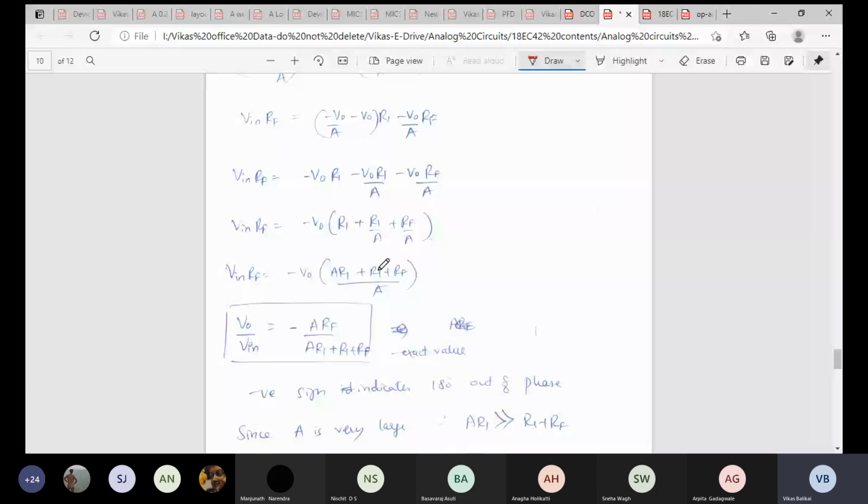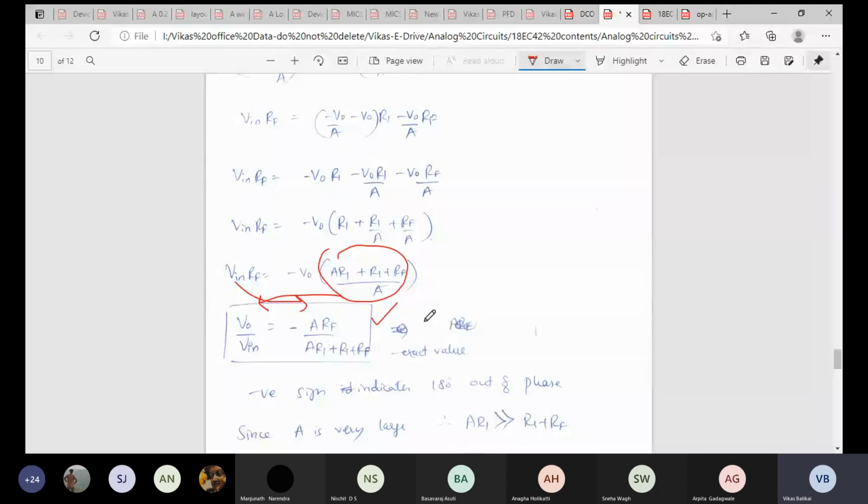If I want to obtain the gain, what is the gain? Output by input. Here is my V naught, here is my V in. So I'll bring V in down, and I'll bring this entire term down to RF, multiplied with RF. It's a simple simplification. I'm pushing A towards the LHS, and I'm bringing the numerator term which was present in the RHS down to the denominator. That gives me V naught upon V in is equal to minus A RF, divided by A R1 plus R1 plus RF. This is the standard equation for the inverting amplifier with feedback,